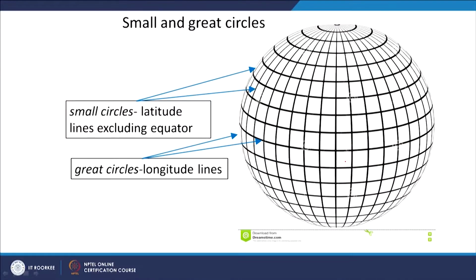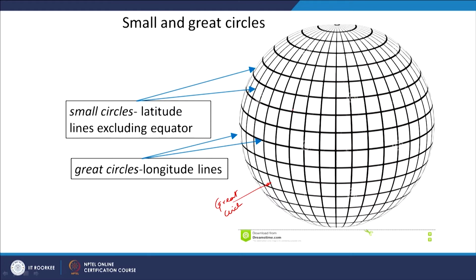For example, this is right now a three-dimensional globe-like sphere, and you can see that it is divided by different longitudes and latitudes. All the longitudes are great circles, because their center and the center of the sphere are the same.